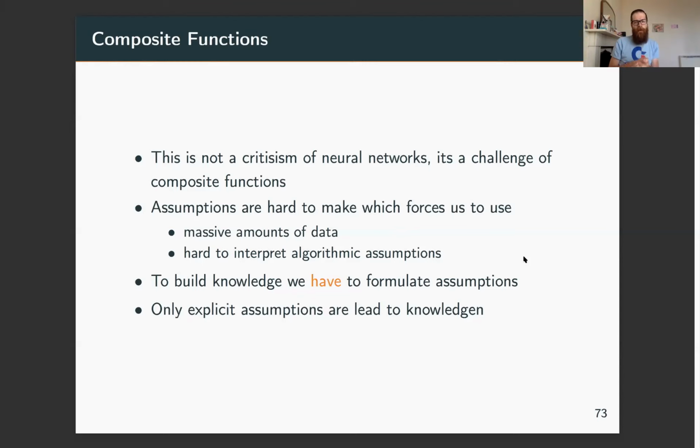So therefore, I make assumptions about the algorithms. And these are really, really hard to interpret. It's really hard to formulate explicitly what assumptions these implement. And that means I can't communicate them. And knowledge, to me, is assumptions that have been written down in explicit form. So this, to me, is the big challenge of these things, and I hope more people should be working on these so that we can actually try and understand these.